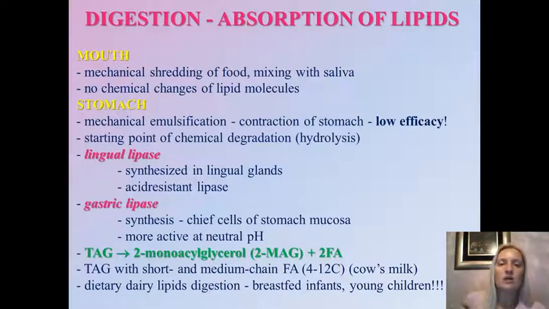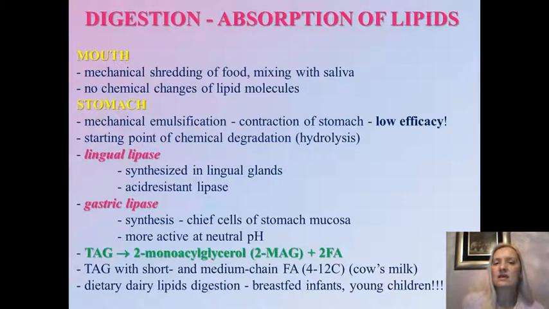So we can conclude that dietary dairy lipids digestion occurs to a significant extent at the level of the stomach,